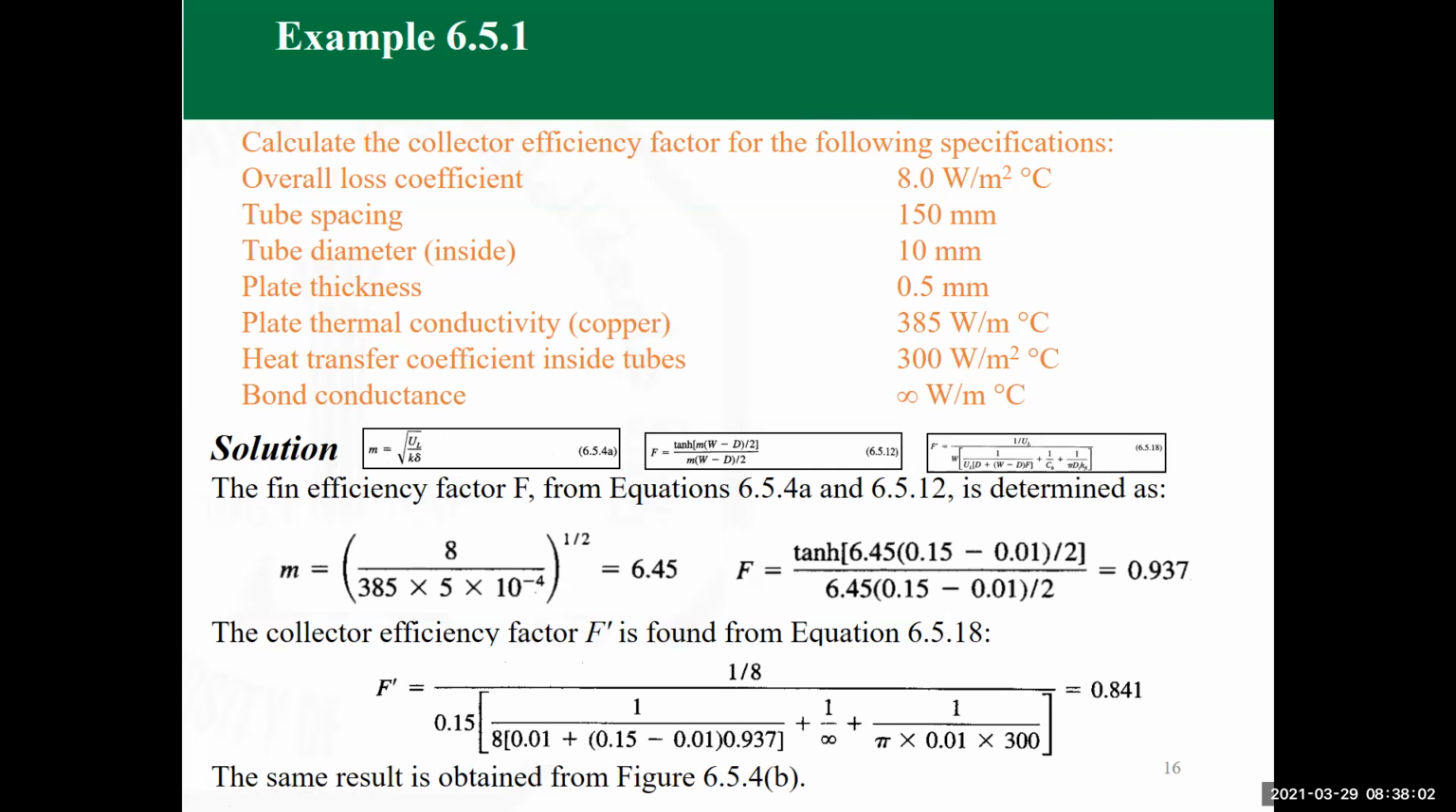F dash can be calculated either by this equation that we see here. The needed equations for this example have been given here within frames. So the fin factor M, which is the overall loss coefficient over K delta, and then the efficiency of the fin, tanh of M into the distance W minus D all over 2, divided by M into the distance. And then finally the efficiency factor F dash is calculated as a function of